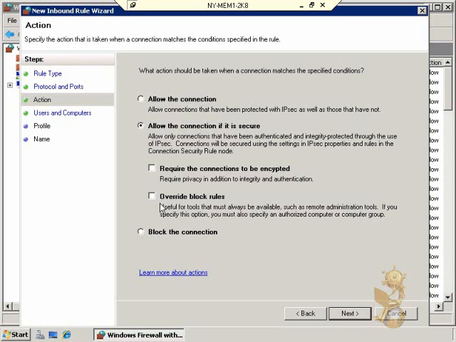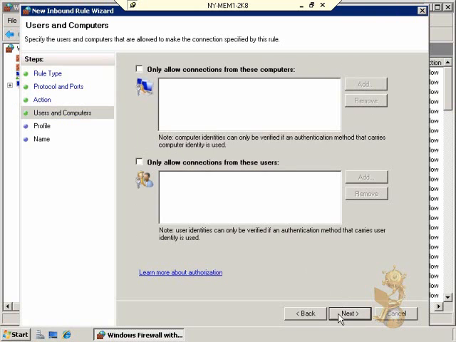And this, you'll notice, is if a specific tool must always be available. Maybe there's a blanket rule that you have that says block everything, within a certain range. And if you want to override that rule, you have that checkbox. But even more specifically than these two checkboxes here, once you say allow if it's secure, the next screen will